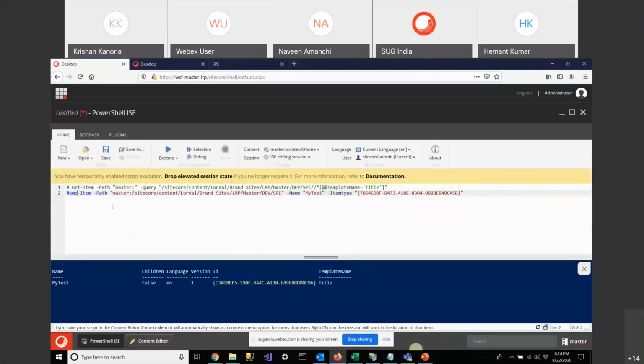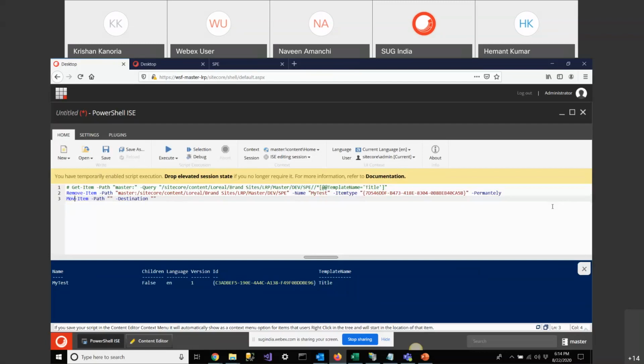There's a remove command, and I can provide the path and destination path. With that, I can provide some parameters like permanently, so this will remove this item permanently. Next is move item. For move item, you can give your command like this, your path, and your destination would again be your path or your item ID. In this way, you can move your item to your destination.